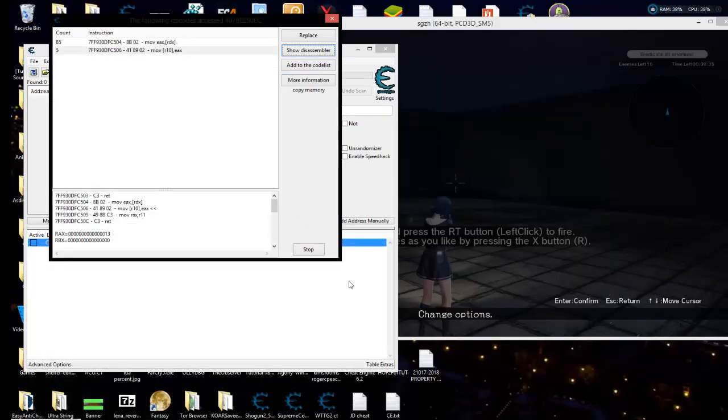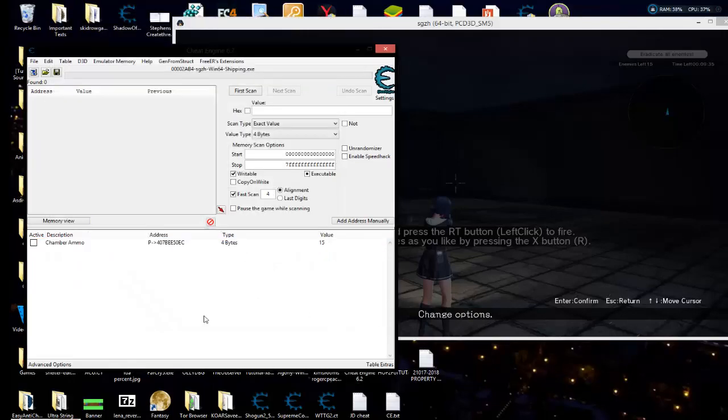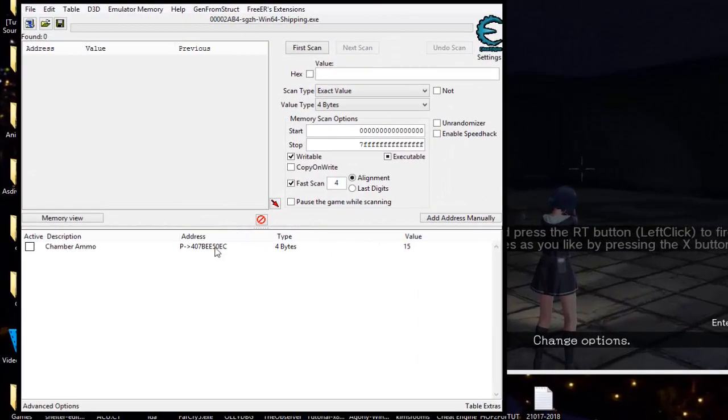But we can get the pointer to do exactly what we need it to do. Maybe not as clean as writing a script would be in assembly, but it doesn't matter. Pointers will work. If you find a stable one, use it. Who cares? So let's get back to it, and what I want to do is browse this memory region, and